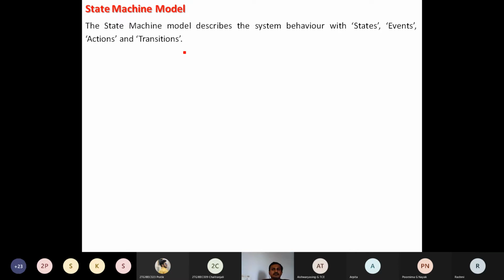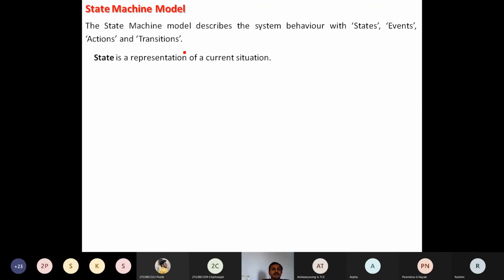If I go for the keypad, we may have varieties of states. Pressing is one state. Holding is one state. Releasing that button is one state. Then action: what action has to be performed by the system? If I press the right click of the mouse, what action is to be considered? Then after the action, what is the transition? How are you going to deliver those actions? That is nothing but transitions. So all these things are incorporated in this model, the state machine model.